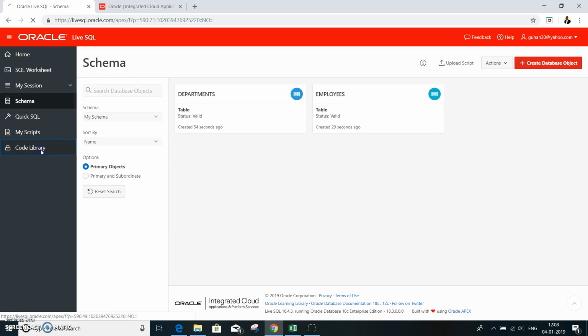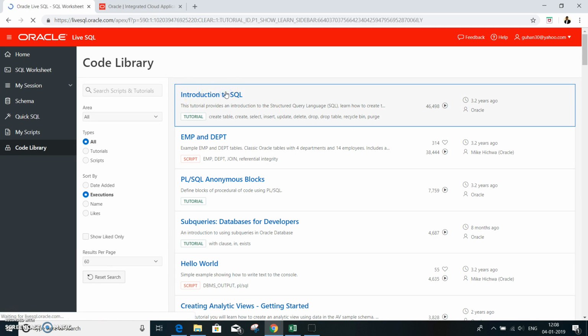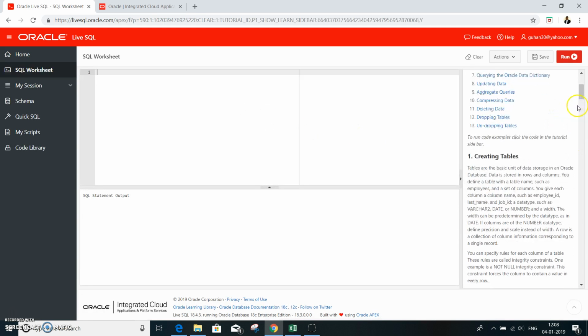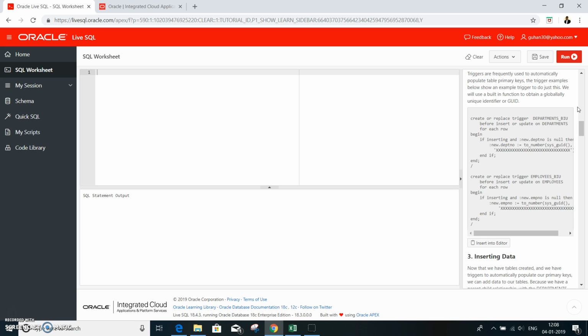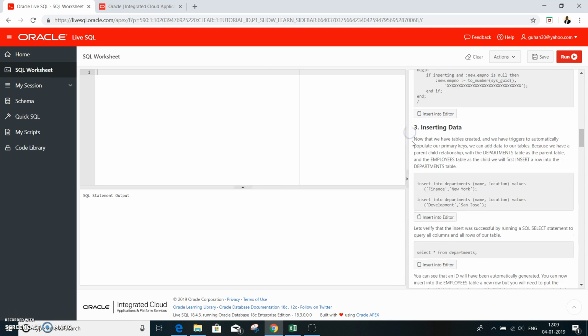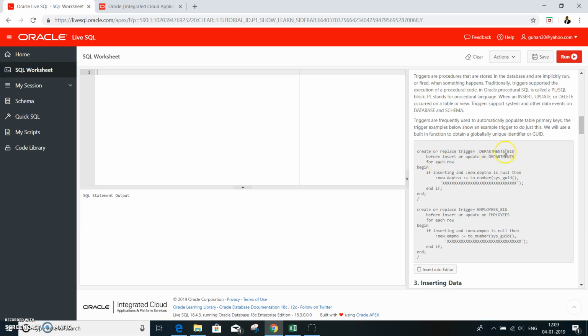And again, you can get into the code library, because we just created two tables. And then the other feature is the triggers. Triggers is something like, when you do some insert into the table, it could perform some action. So create or replace trigger on the department before insert, update of department, that is before inserting you're trying to insert a number.